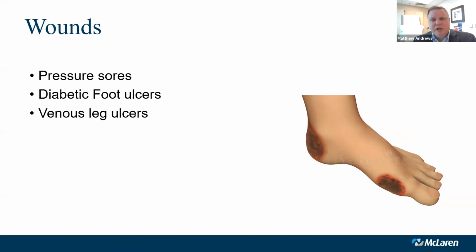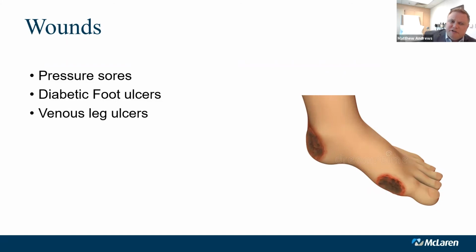And oftentimes in association with neuropathy or with vascular disease, sometimes people may not really even understand that they have a problem. They'll come to my office and say, hey, I've got this callus here. But once you clean the whole thing up, you realize this is actually a full thickness wound on the bottom of your foot. So anytime that you have any kind of pain or drainage or any kind of an issue, even if it's in association with another condition like a corn or a callus on the foot, it's best to have it looked at by a lower extremity provider, really just to make sure that you're not having more problems.